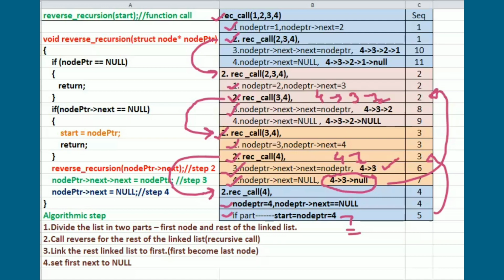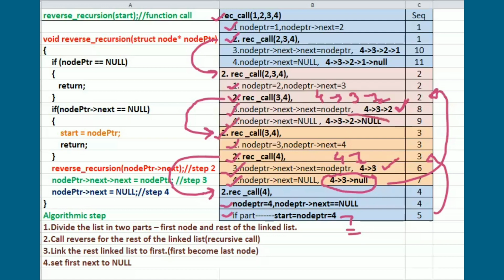Here the rest of the linked list is 4-3, which is created, and now I want to connect the first node to it. For that the third statement will be used and the link will be created like 4 next is 3, next is 2. After that 2 is the last node, so its next I want to set to null. The next statement is node PTR next set to null.